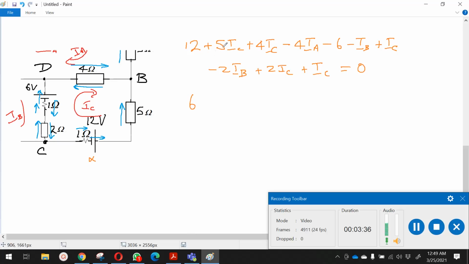And IC is 5 and 4, 9, and 1, 10, and 3, 13. So that's plus 13 IC. IA: minus 4 IA, and that's about it. And IB: we have negative 3 IB,